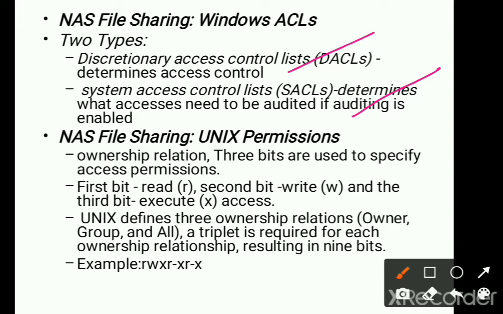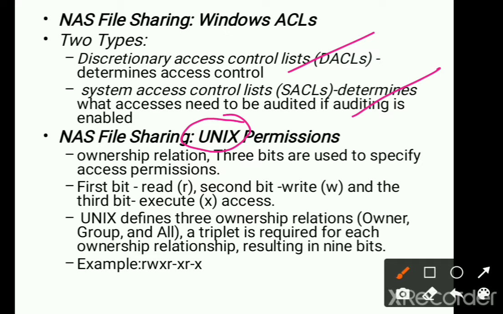Next one is permissions. When I say permissions, it is understood to be for your Unix operating system. For Unix, a particular user ID is created, and based on that, the user is given the permissions. When I say user here, it can be anything: a person, a system operation, or even a device, which is going to have a particular user ID.